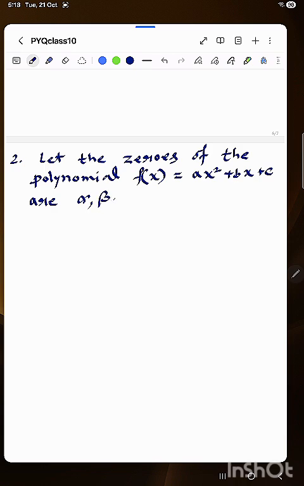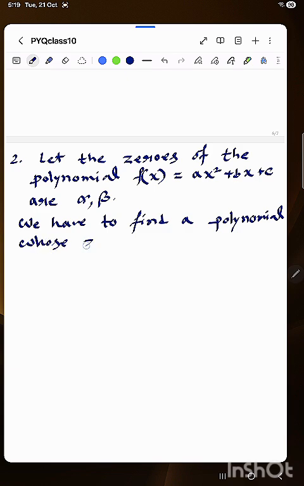So I have let that alpha and beta are the zeros of the polynomial ax square plus bx plus c. Now basically we have to find a polynomial whose zeros are 1 by alpha and 1 by beta. Okay,